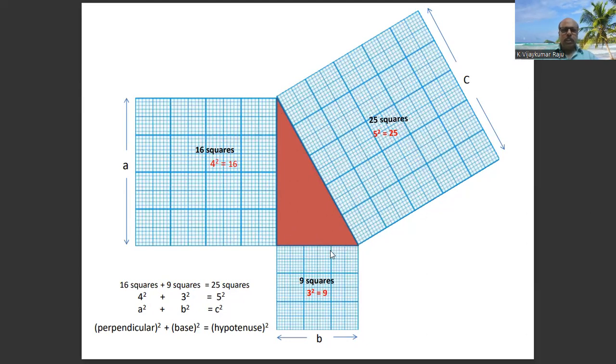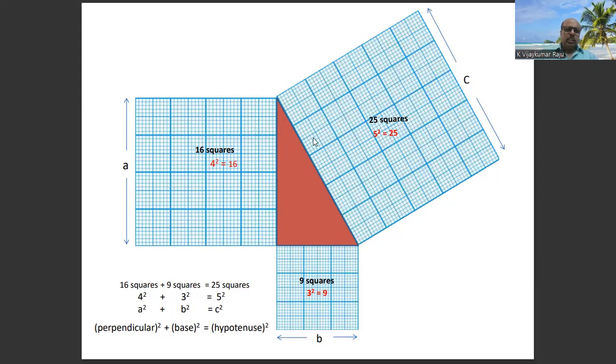BC has B and AC has C. So this is A square, so 4 AB we have taken, 4 was the AB side, that is A square, and 3 is BC, so I have taken this as B square, and this length has been taken as C square. So you know that this is a perpendicular, so you can say it is the perpendicular square, plus this is the base of the triangle, so it is the base square,